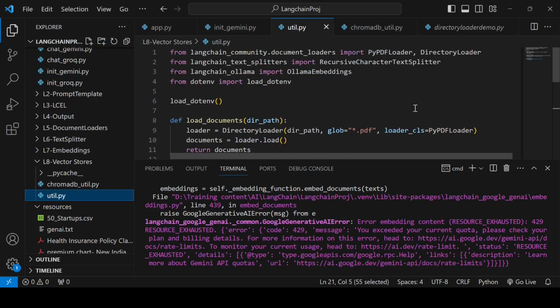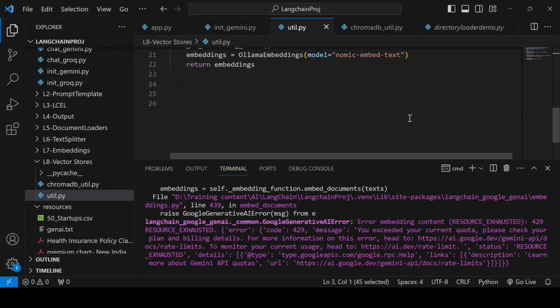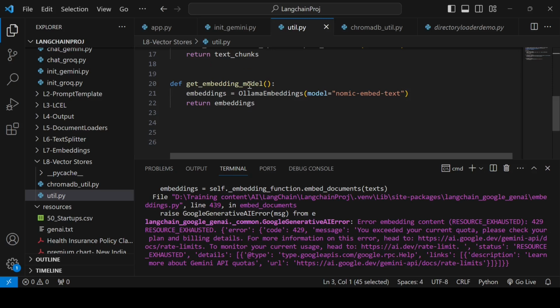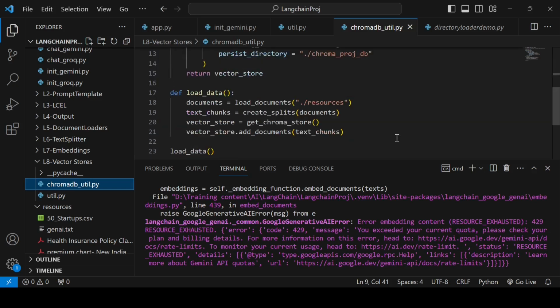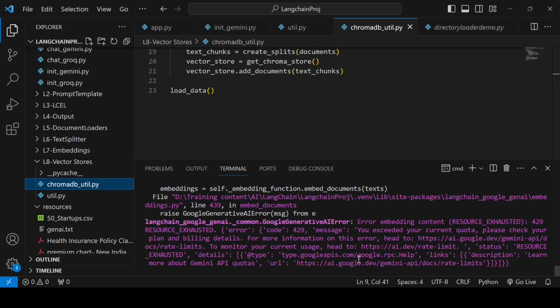I made a small change in my util.py file. I've imported Ollama embeddings, and that's what I'm returning now in get_embedding_model. The model I'm using is nomic-embed-text. I have a local Ollama setup also, so I'm using that now. That was the only change. It is getting these functions, so here we don't need to change anything. With that,